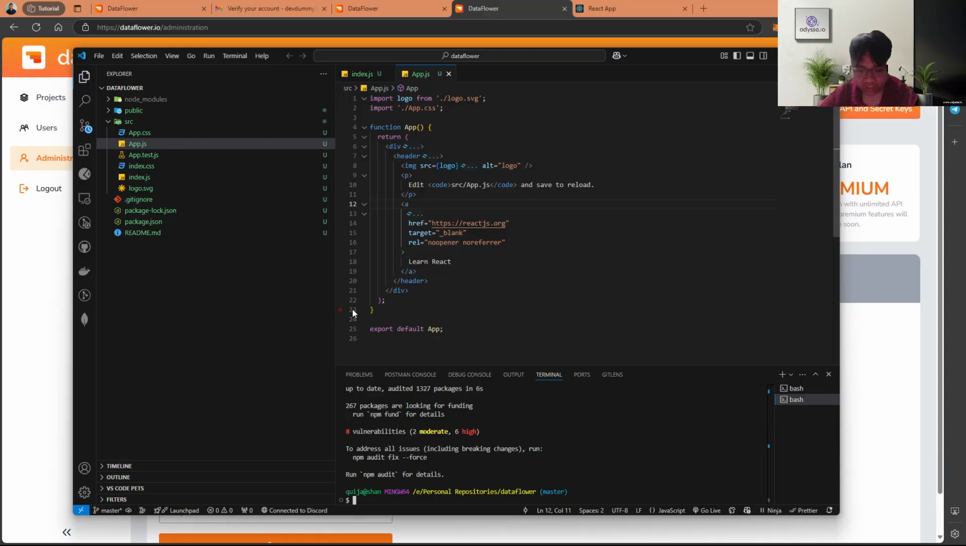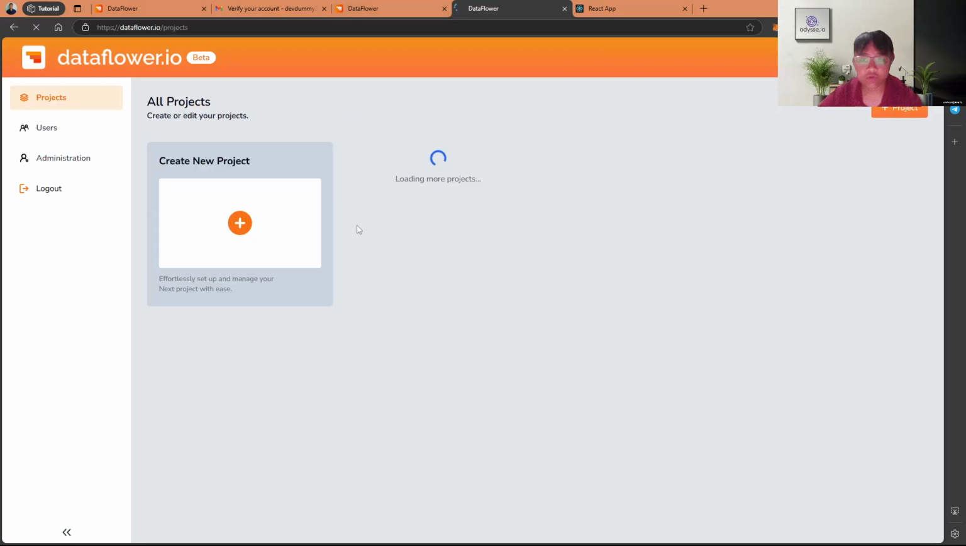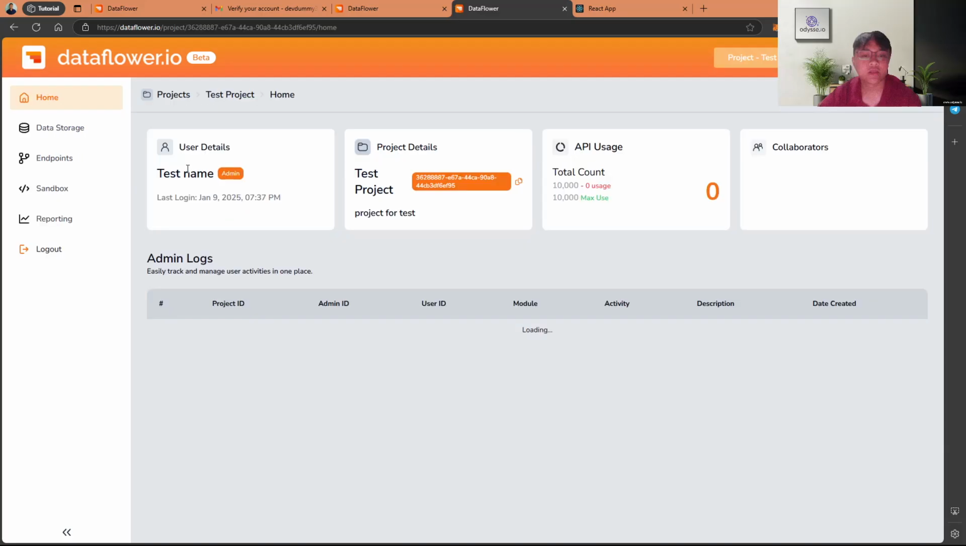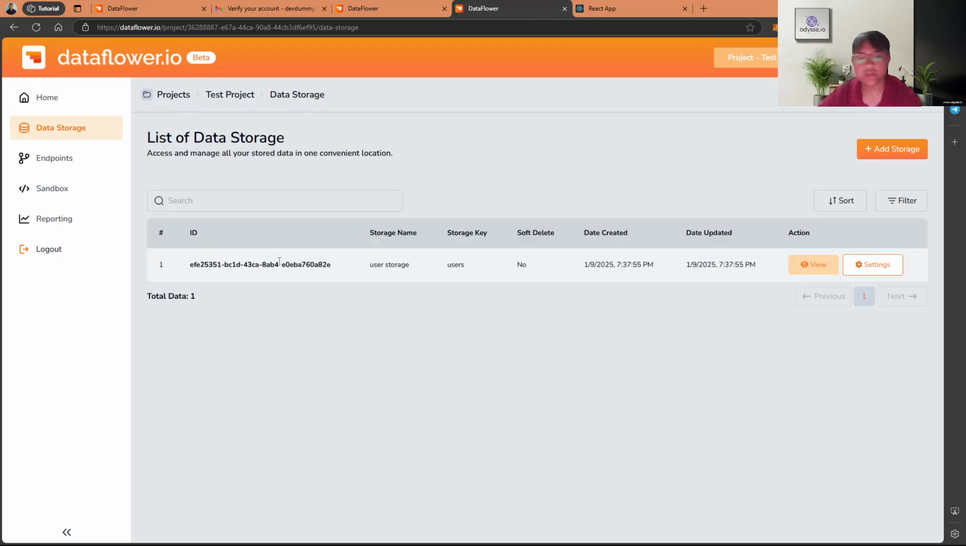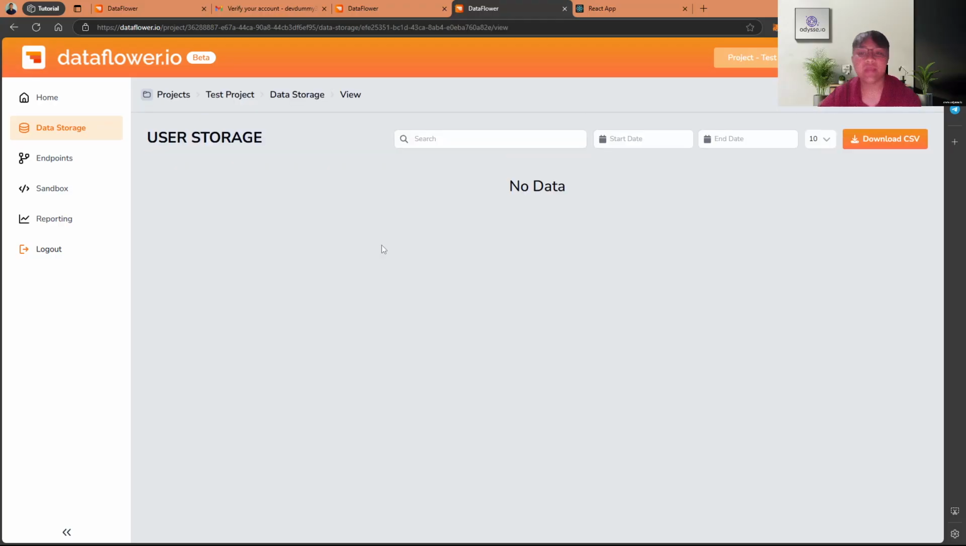So now that Axios is already installed, what we can do is just first explore the projects and then go to the test project. So first, let's go to the data storage. As you guys can see, we have here the storage name, which is the user storage, and users already given to you. So you can view this, but this doesn't have any data yet, since we will be adding this now. So let's go back to the